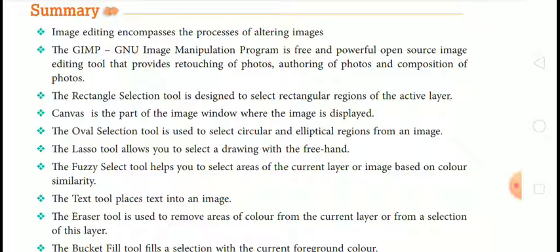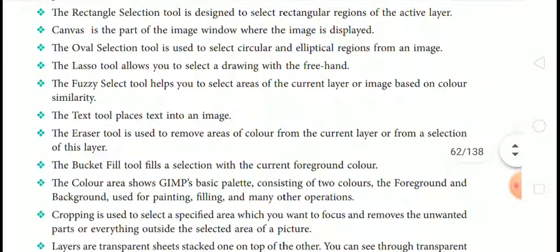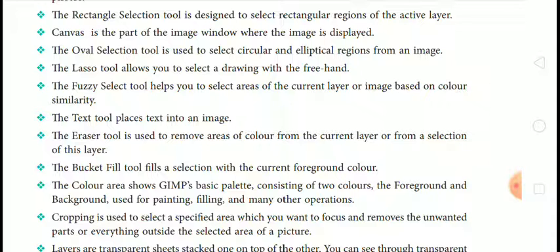It is a free and powerful open source image editing tool that provides retouching of photos, authoring of photos and composition of photos. The rectangle selection tool is designed to select a rectangular region of the active layer.